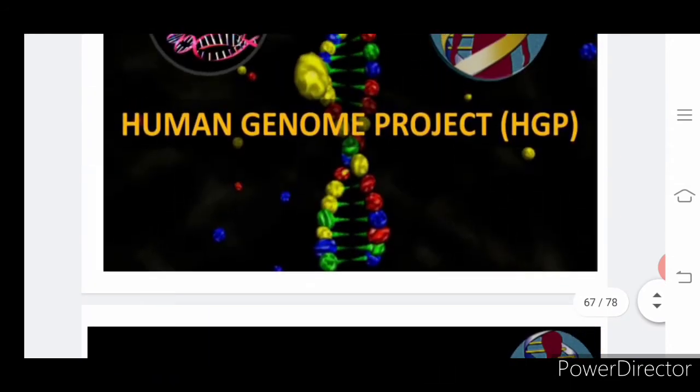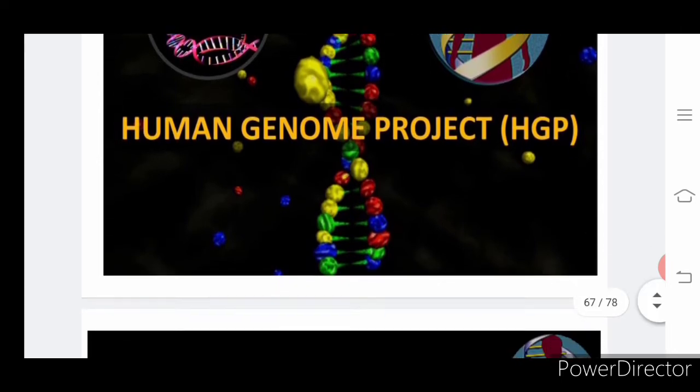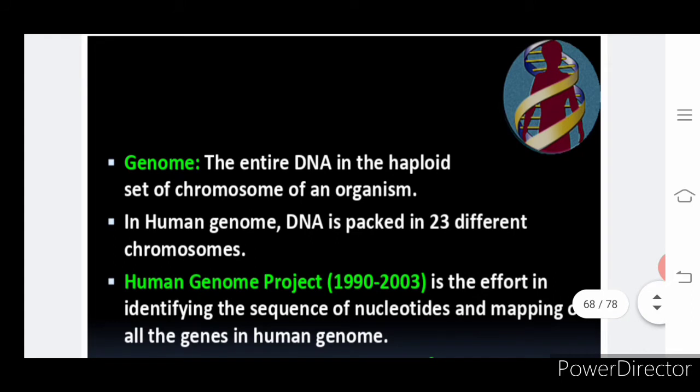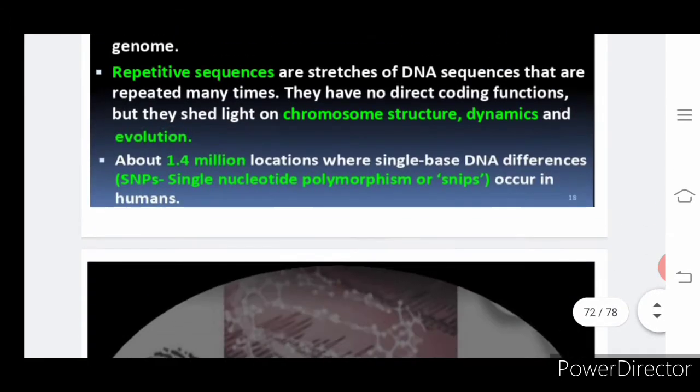So to study human genes, what is being done? The DNA is taken and read through, and they have found the number of DNA and how they are arranged, and the number of genes, and which has the least number of genes. The Y chromosome has the least number of genes, and the highest is chromosome number 1, which has more genes. Okay, so then we have the goals and the salient features of the Human Genome Project.